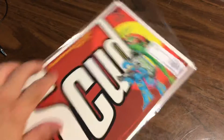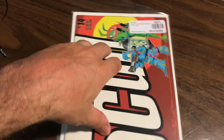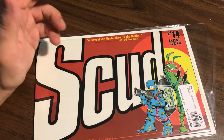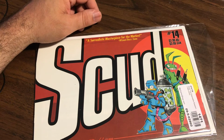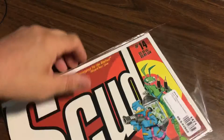There you go. It's also Scud number 14. The cover is on the side, not the actual comic. And again, since I'm going through the issues, I don't have to take the big book and stretch it out and ruin it. I'll just take this. And then the last thing I got,